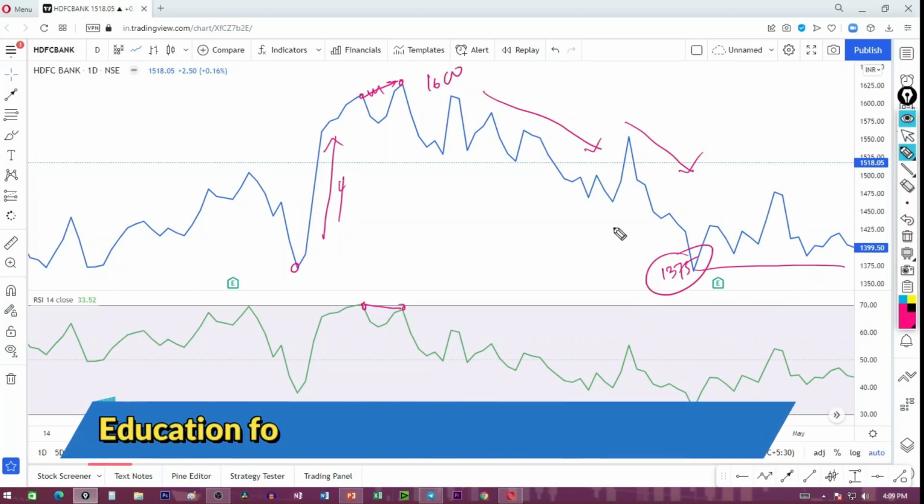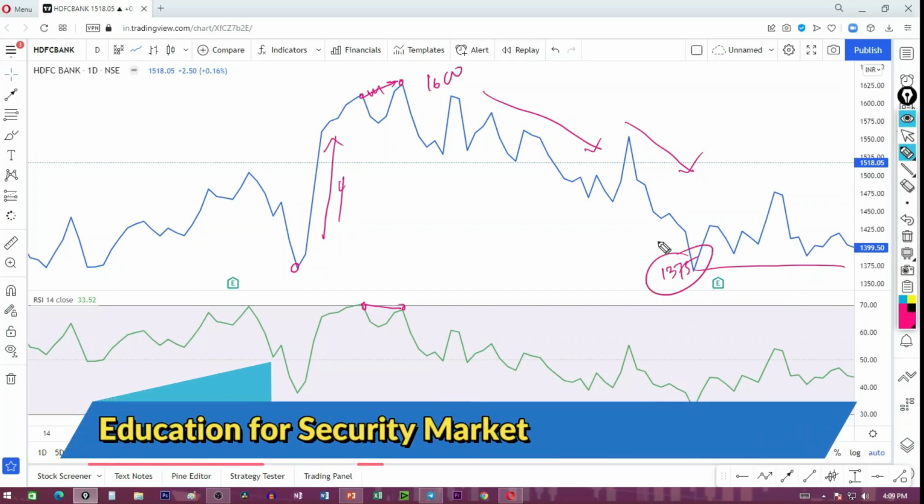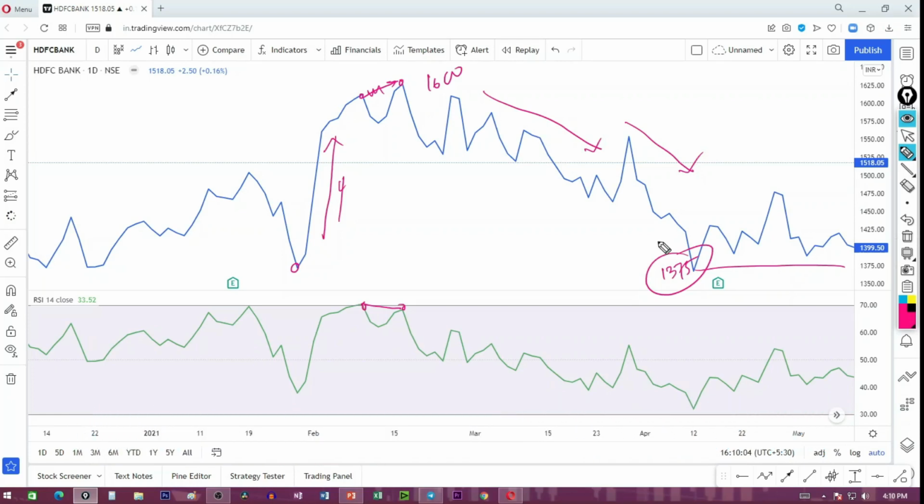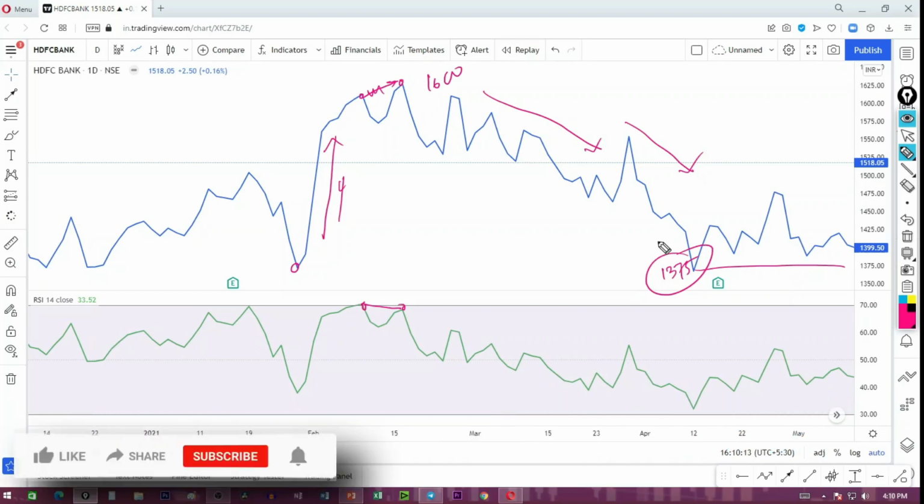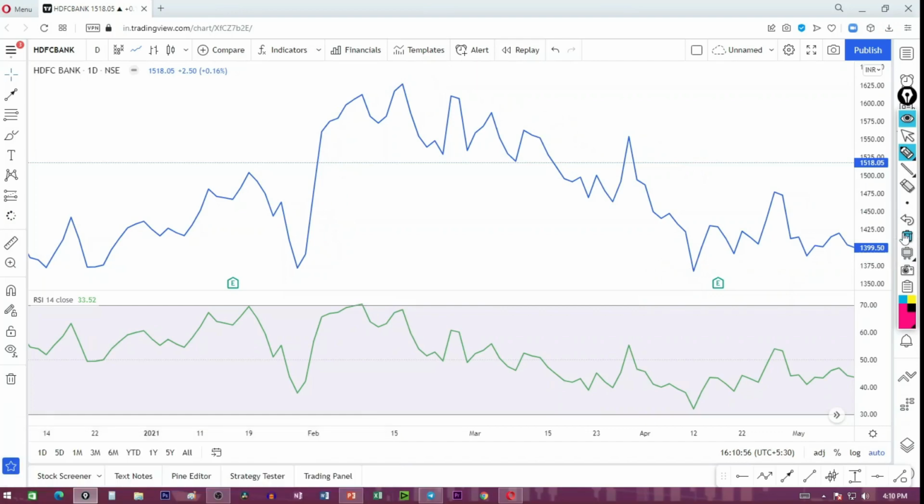So all negative classical divergences cannot change the trend. Someone can change the trend or someone cannot change the trend. Now question is, which one can change the trend and which one cannot? This is big question, but here I not discuss about it. After learning all aspect of divergence, I will share my view, which one can change the trend and which one cannot change the trend. So let me show more some example.